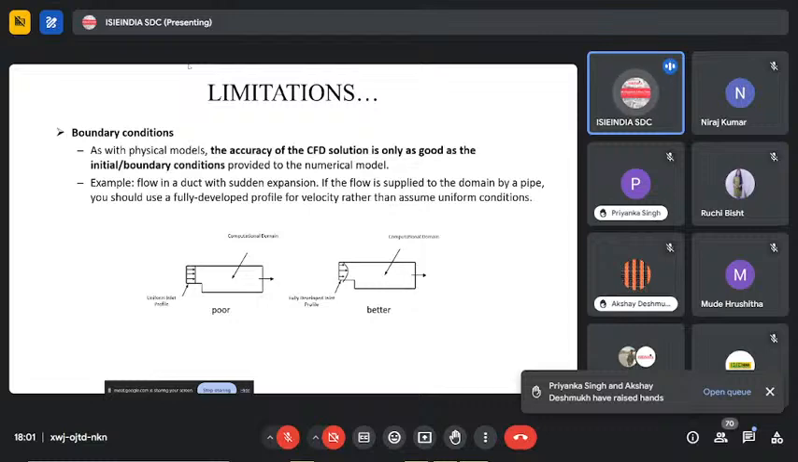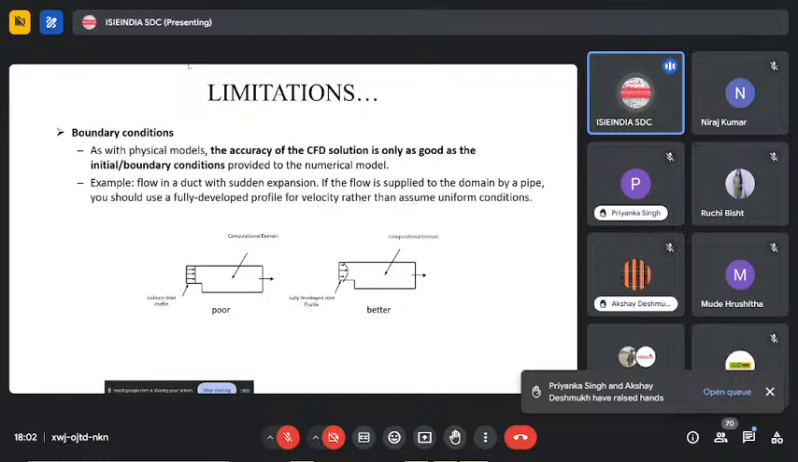For example, if we consider the flow in a duct with a sudden expansion, if the flow enters the domain from a pipe, it usually has a fully developed velocity profile, which represents the realistic distribution of velocity across the pipe cross section, and it is essential. So assuming a uniform flow instead can lead to an inaccurate prediction of flow behavior, such as pressure drop and separation results. So proper boundary conditions ensure the simulation accurately represents the physical scenario, which leads to more